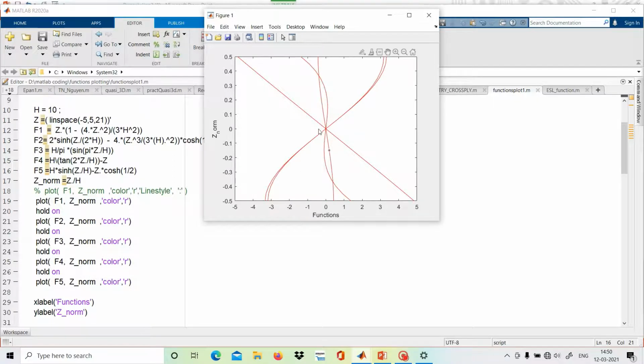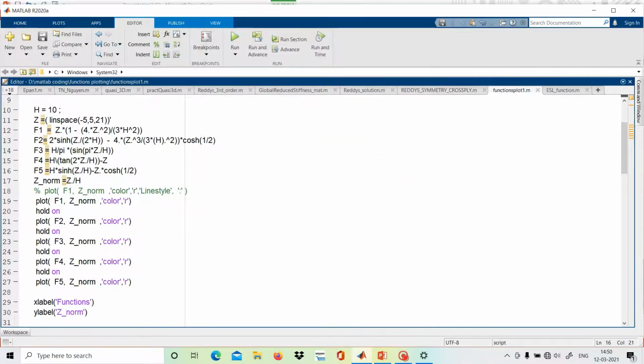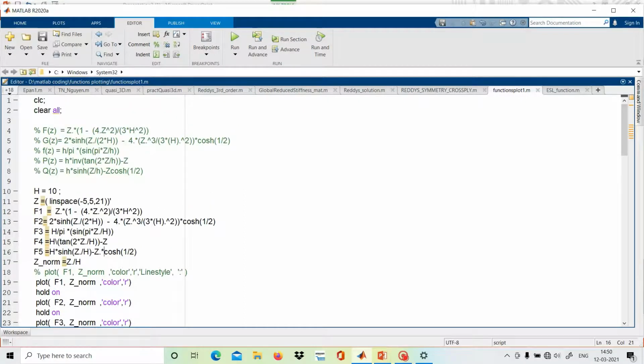Different functions are shown here. We will just see there. Just give it.